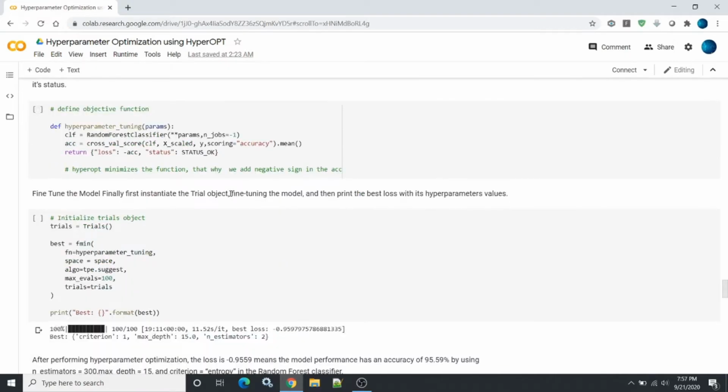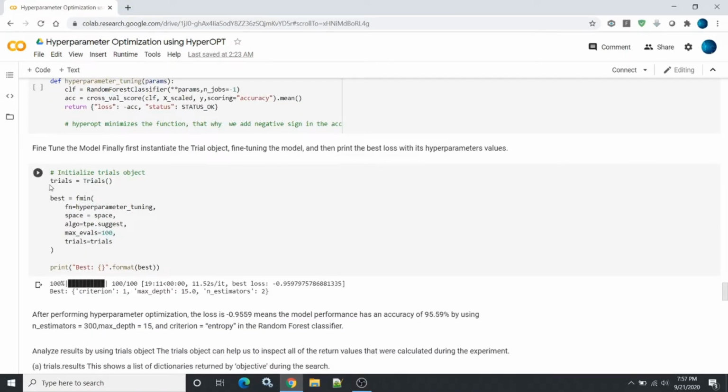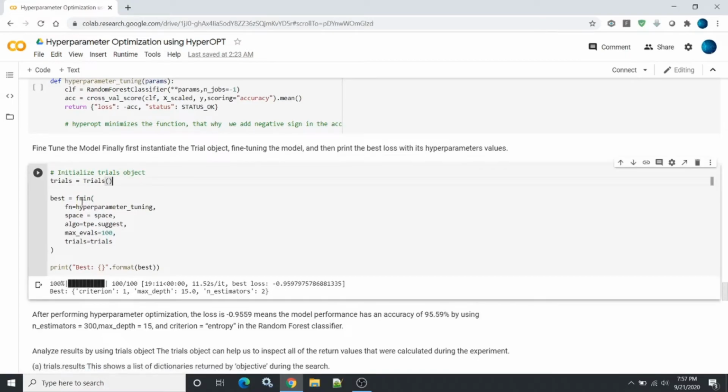Once you define this, you have to define the trials. I'll explain the trials in a later part, but it is just the Trials object here. Then you say best equal to fmin. fmin is a function that comes along with hyperopt, and it calls the hyperparameter tuning function which you defined here.